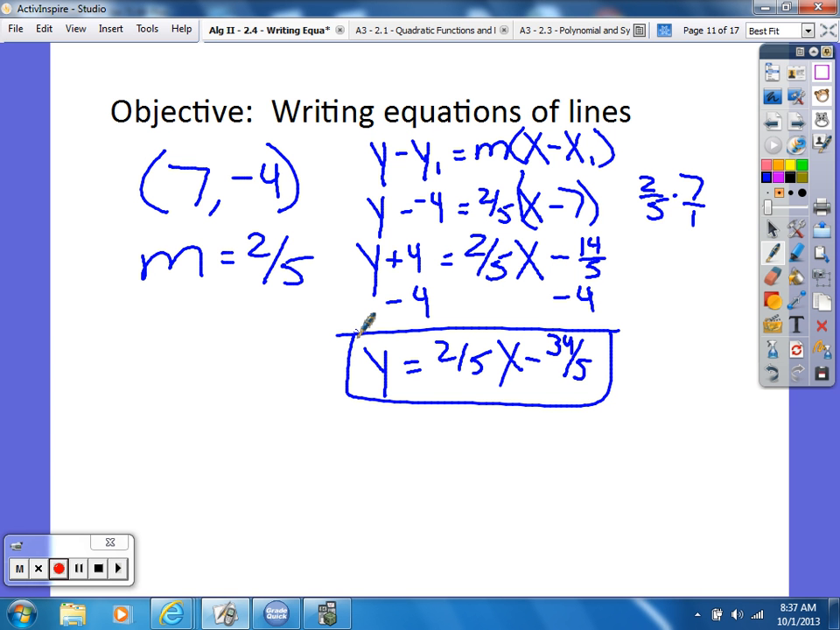Now, tomorrow you're getting a worksheet. There's lots of fractions on it. So what do you get to use? You get to use the calculator. Get more comfortable with it, right? All right. At this time,